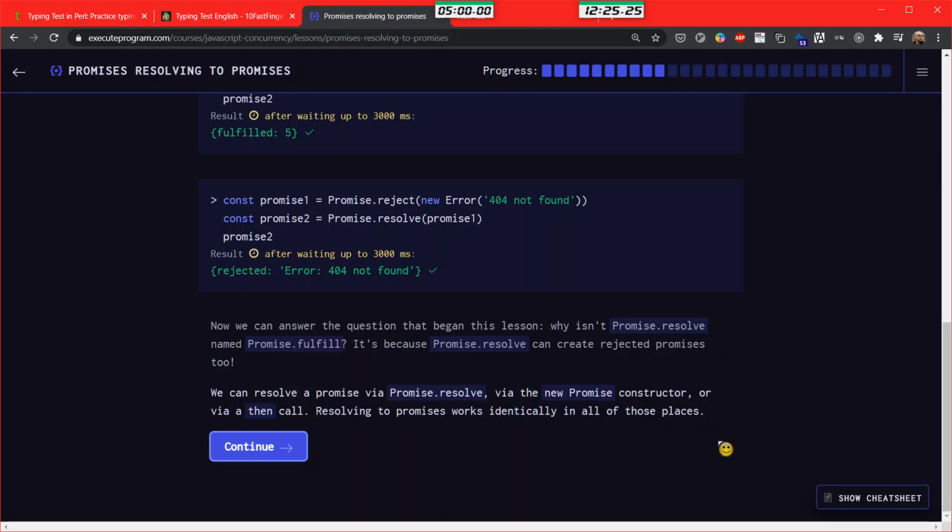Okay, so we can resolve a promise with 3 things: Promise.resolve, the constructor, and a .then call. Resolving promises works identically in all of those places.